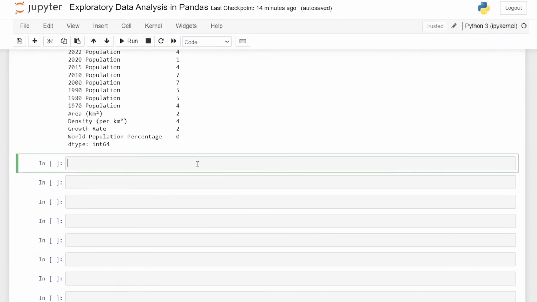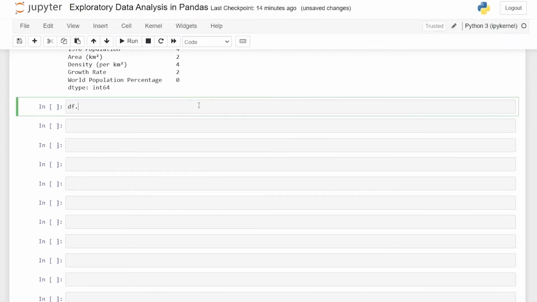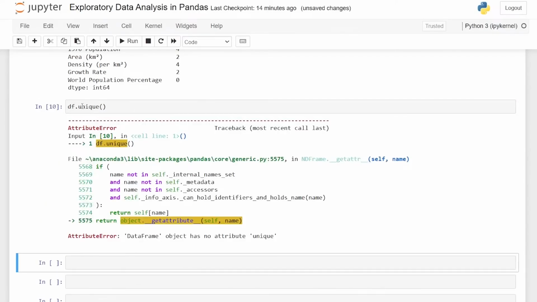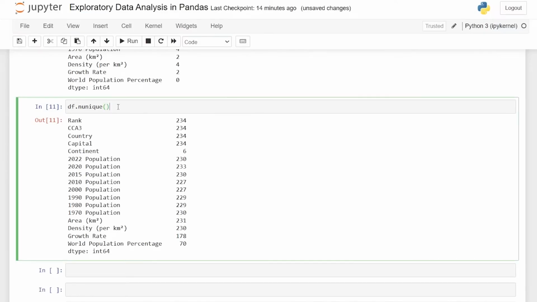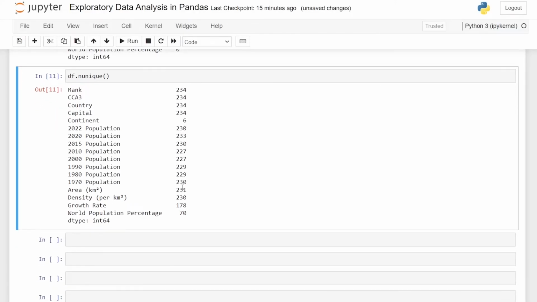Now let's go right down here, to our next cell. Say df.nunique. This is going to show us how many unique values are actually in each of these columns. And this one makes the most sense for continent, because I think there's only 7 continents, right? But we have 6 right here. And for all of these, each of these ranks, countries, capitals should all be unique. That makes perfect sense. As well as these, these populations are such specific numbers and such large numbers. I would be shocked if any of these were